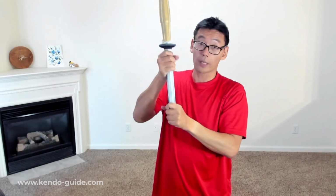So when you put your kote on, gloves on, your kote is touching the tsuba. Okay, we Kendo people don't really use the real sword. Okay, but I don't see why not. But again, Kendo